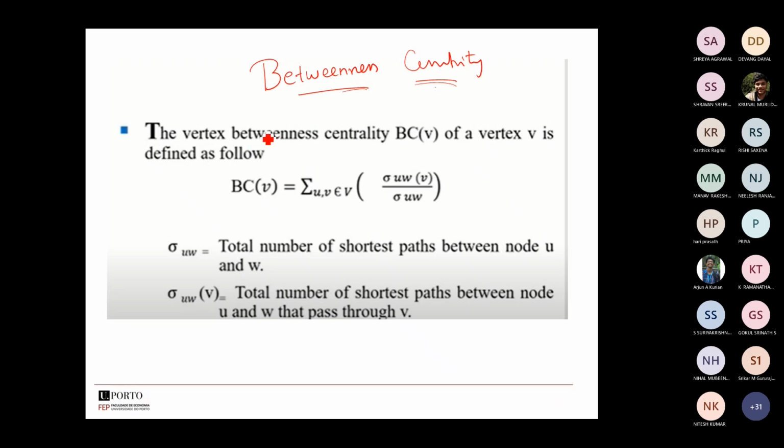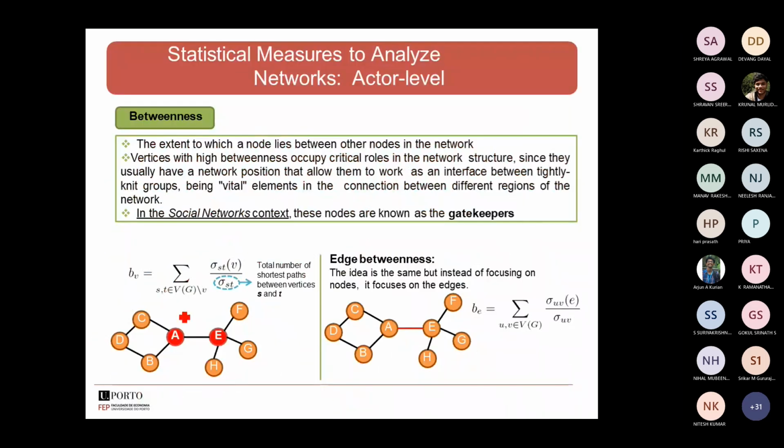Okay, so can I compute the betweenness centrality for an edge? No, for an edge you cannot compute the betweenness centrality. You see this example. We can find the betweenness centrality only for the nodes, not for the edges. But as far as betweenness centrality is concerned, it is nothing but a bridge. Am I right? It is nothing but a bridge, or otherwise called gatekeepers. Only if these gatekeepers allow the path to traverse can it reach its destination.